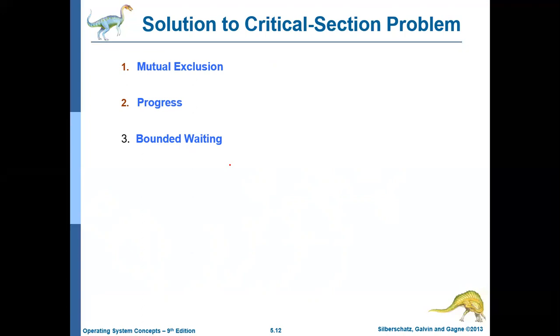And bounded wait means, if a process currently comes out of the critical section and again wants to get into the critical section, and if some other processes are waiting for the critical section, then until all the other processes complete going into the critical section, this process should wait. And the processes should go into the critical section in the order they arrived, or in the order they were waiting for the critical section. Okay. So any solution for critical section should ensure these things. Okay. So that's it about this particular session.